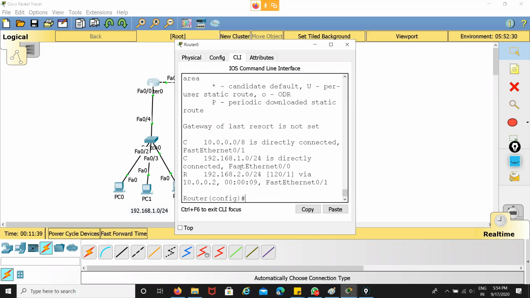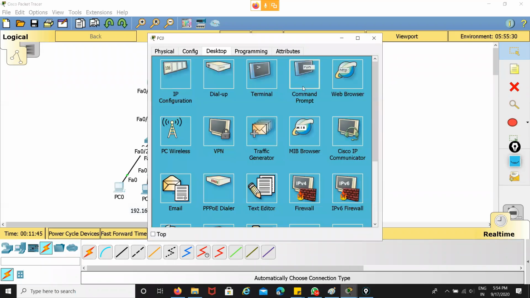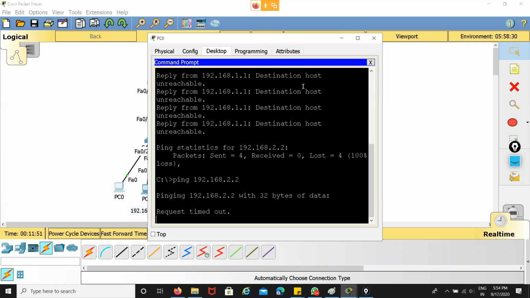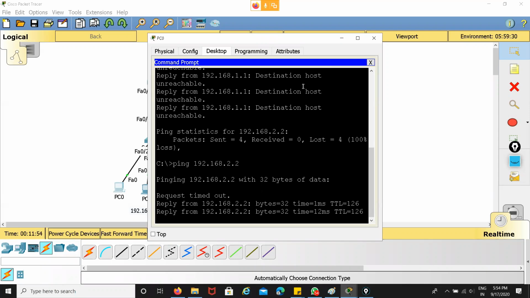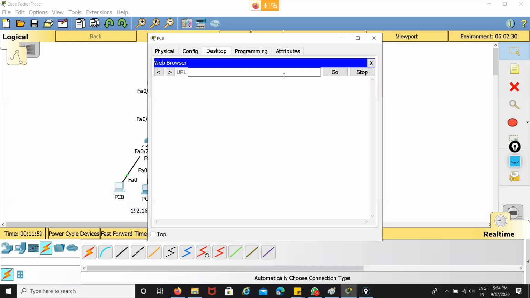Now I have the network information in my routing table. So now I hope it's pinging properly. Now everything is good. So now you can see every system is able to communicate with the server.